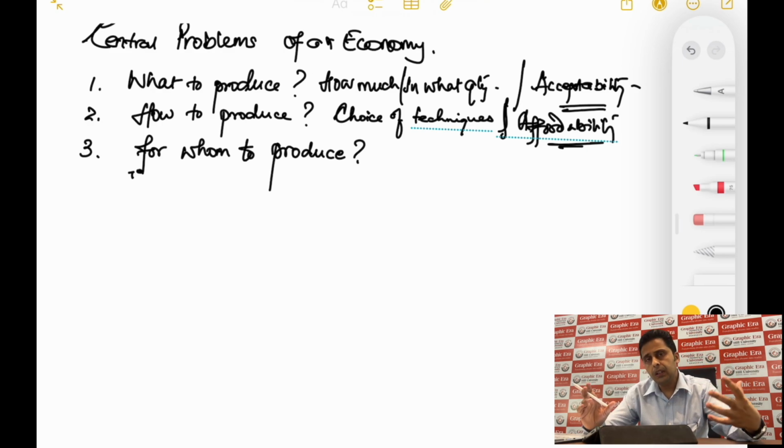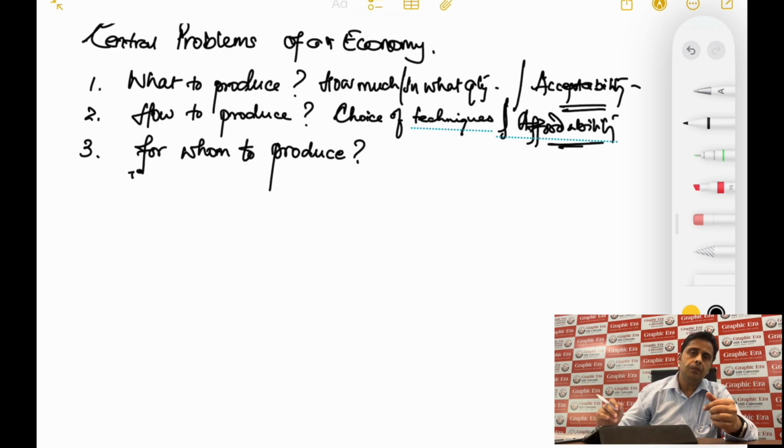So all these concerns related to the market, reaching out to the target market, and making the product available are dealt in this question of for whom to produce. That means reaching out to the potential customers. So how do you reach out to your potential